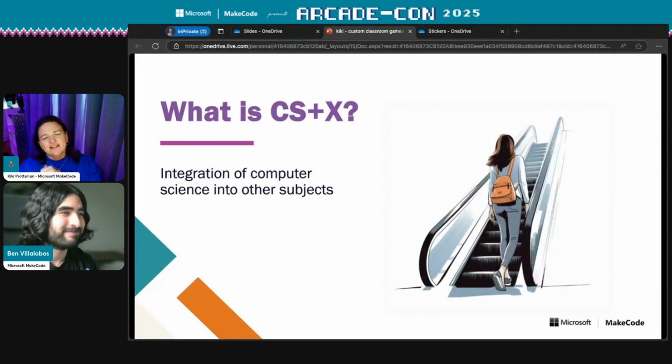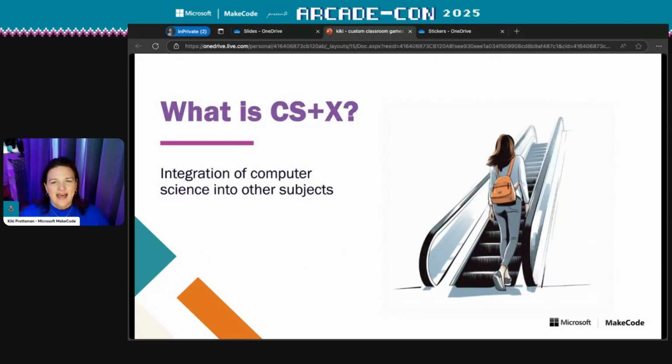All right, let's talk about CS plus X. This is something you're going to be seeing more and more. In the CS education world, we made a huge push to try to get computer science to be its own course. We really did want kids to learn authentic computer science and to some extent learn it quite rigorously. And that has taken off in many areas, specifically in high school, but it's a little less practical for younger students.